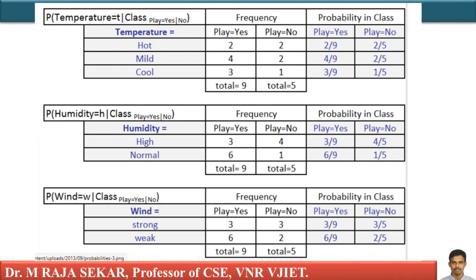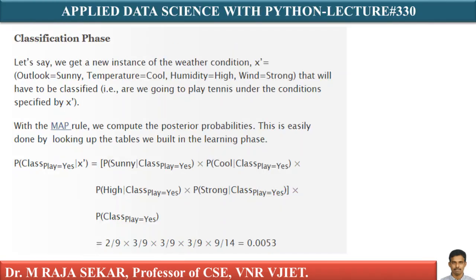All these tables I constructed with the help of the training data set. Now, let me take a testing query. Let me say my query point xq is this one. Let me assume my query point is x dash.